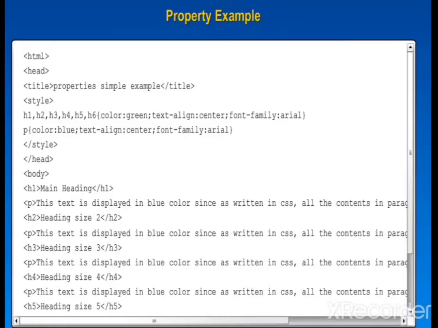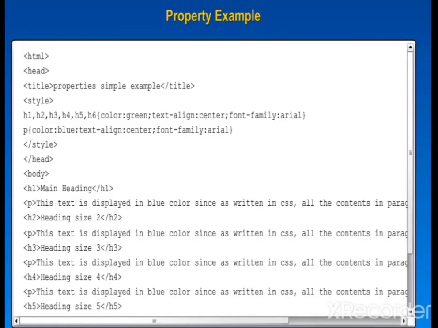These heading elements are the selectors here. For these heading elements we gave some properties like color, text align and font family. Here the color, text align and font family are the properties of heading elements, and green, center and Arial are the values that are assigned to color, text align, font family respectively.